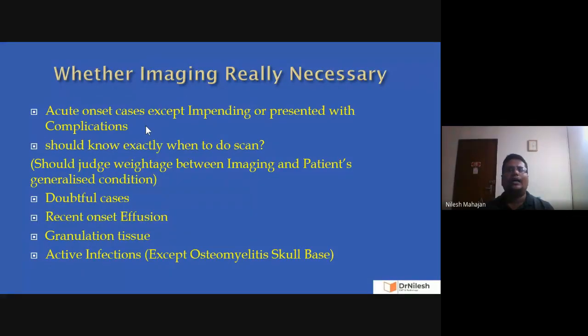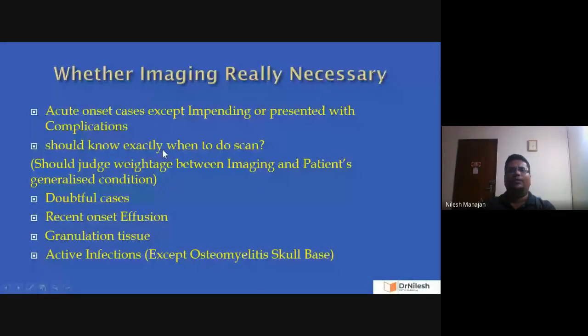But suppose at the time of presentation, the patient has developed facial nerve palsy, then you will think in terms of doing radiological imaging to see whether any horizontal segment is dehiscent or what. That also depends. If it is a very mild facial palsy and you think that it may resolve once the fluid or pus clears from the middle ear, then you will think that I will do the scan after 10 days. Depending on that, you have to take a call. Then you should know when to do exactly the scan.